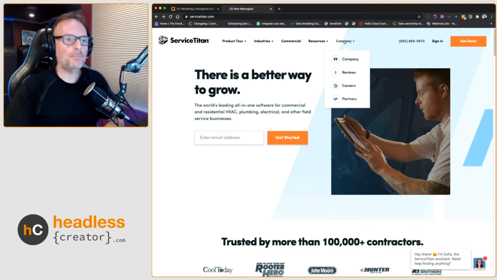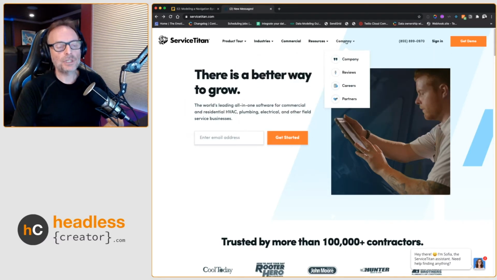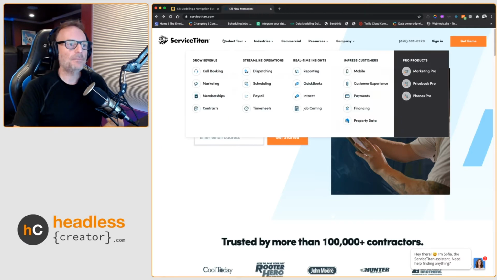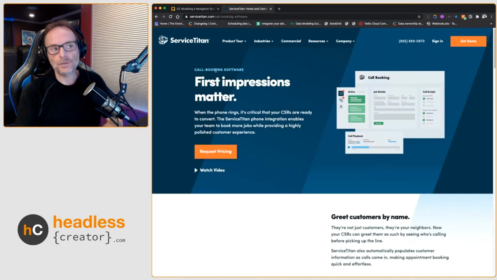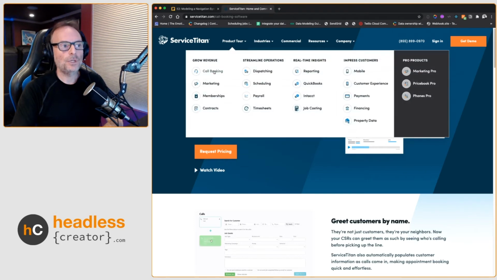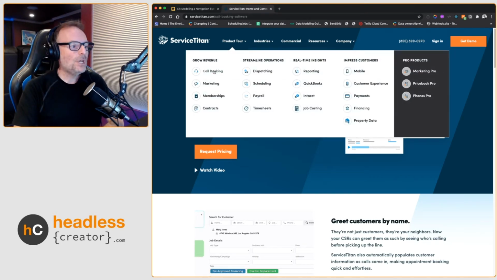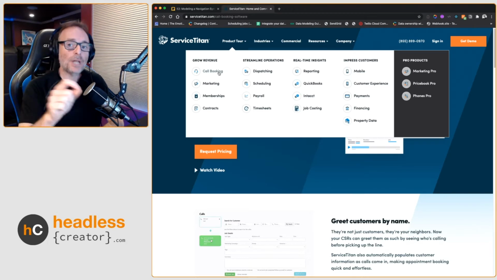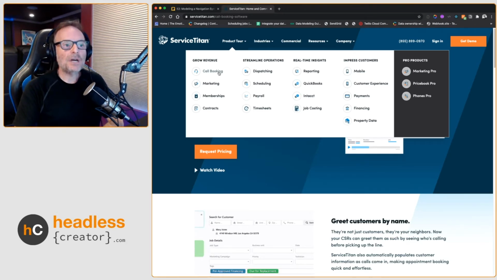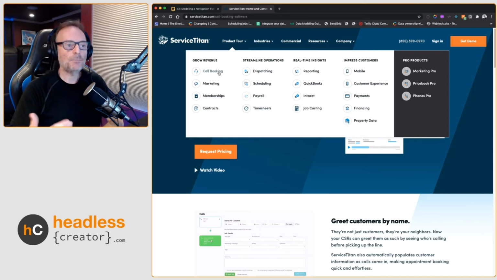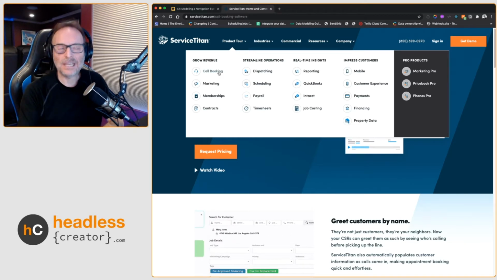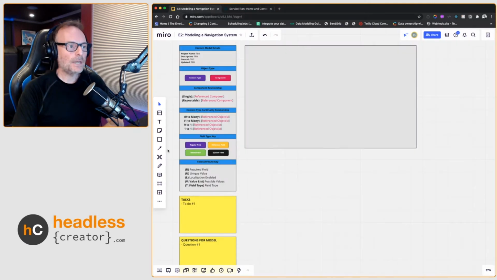How will we do that? When we look at a navigation, we could start at the top, which means there are navigation categories. And then we have final navigation items that are the destinations. These are the ones that you click on, and it takes you somewhere. In this case, it takes me to the call booking page. So we're going to start with the actual item itself. We know that we're going to have items, and items will have URLs, places that they take you to. So let's create an object called